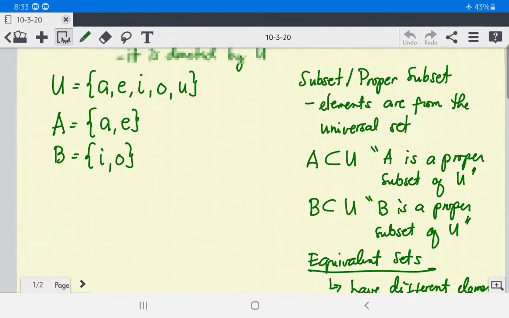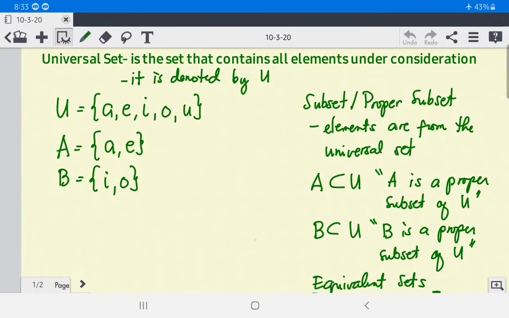So let us remember the cardinality of the set,